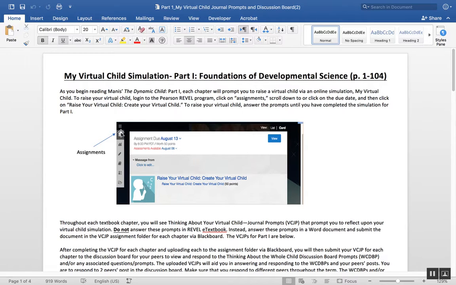So you would click on assignments, and then you have the simulation always right here. So it says raise your virtual child, and then it either says create your virtual child or raise it 0 through 2 years, 3 to 5, 6 to 11, or 12 to 18. And that is all the parts in our textbook. So you raise it from conception all the way up into adolescence. And as you do this, there's going to be prompts in your textbook that ask you about what you're doing